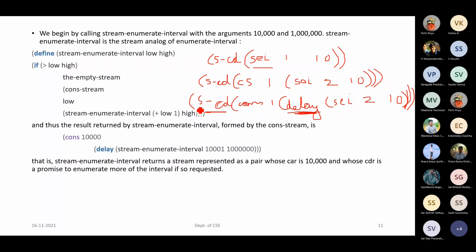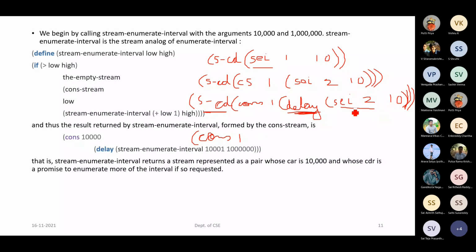So for that reason, I have applied stream-cdr. When I apply it, cons of 1 will remain as such. This delay has been removed. Now there is a force applied. When we apply this force procedure, this delay will be removed and this procedure call will happen, that is, stream-enumerate-interval will be happening.